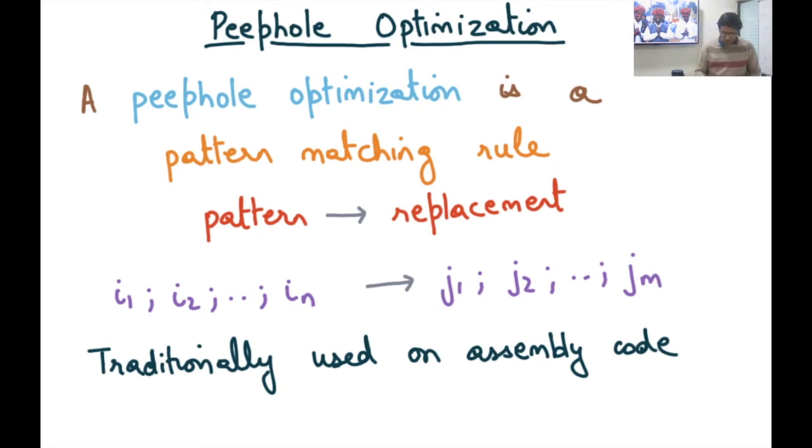Traditionally, this kind of peephole optimization has been very successfully used on assembly code because at the assembly level there are all kinds of opcodes that are very esoteric in nature. So it's very corner case kind of opcodes. And when you generate code from your IR, then maybe you have missed out on those opcodes, and so these peephole optimizations can scan windows of your instruction stream inside the program and see if any of these windows matches the pattern, and if so, then it replaces it with the appropriate replacement.